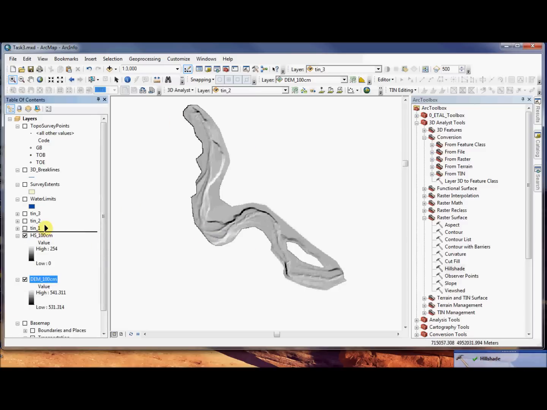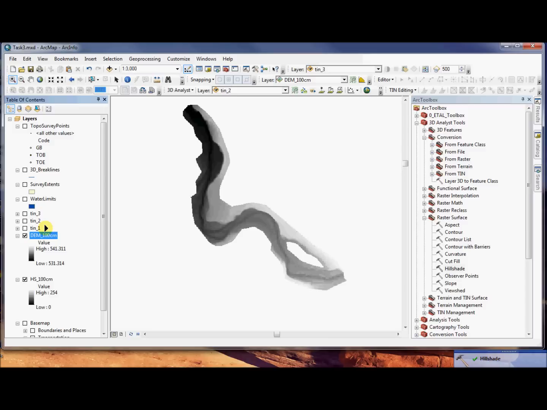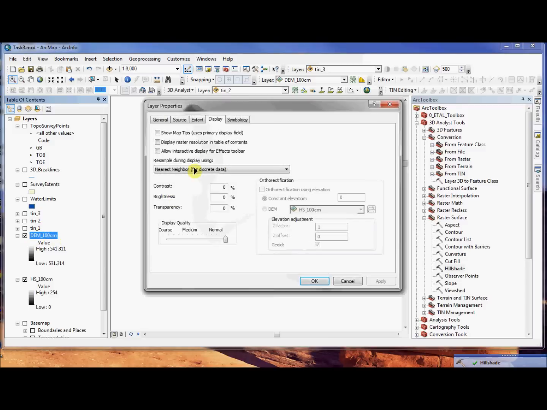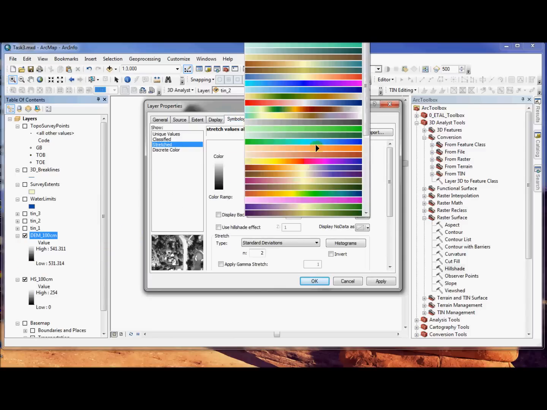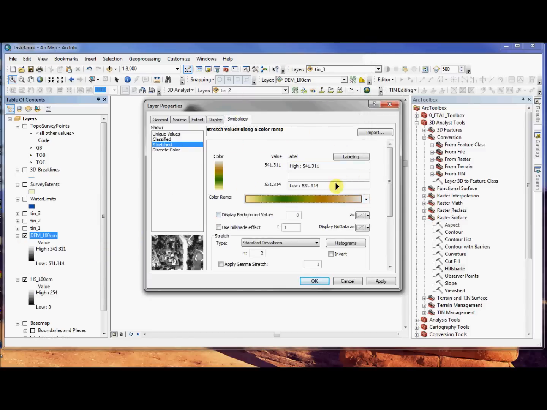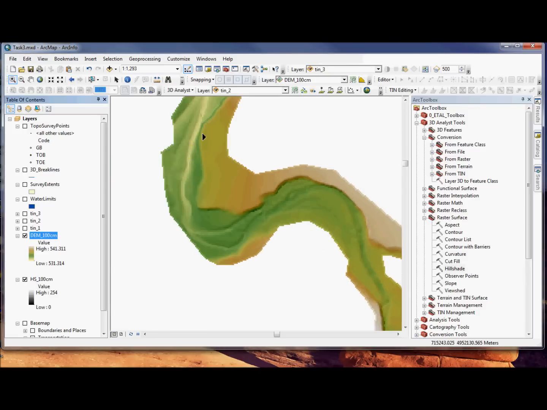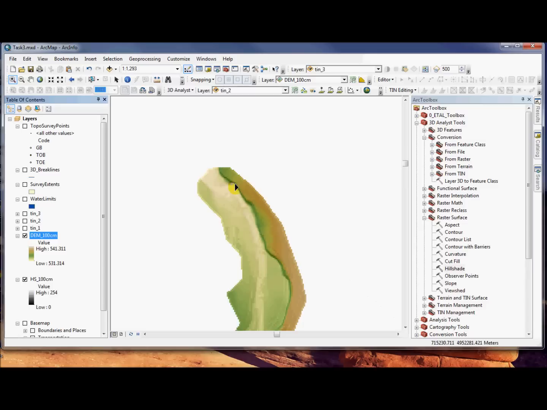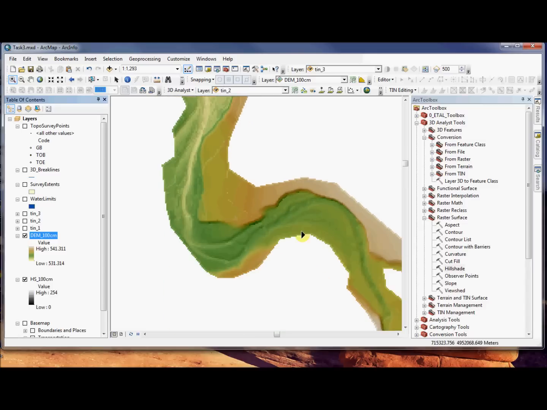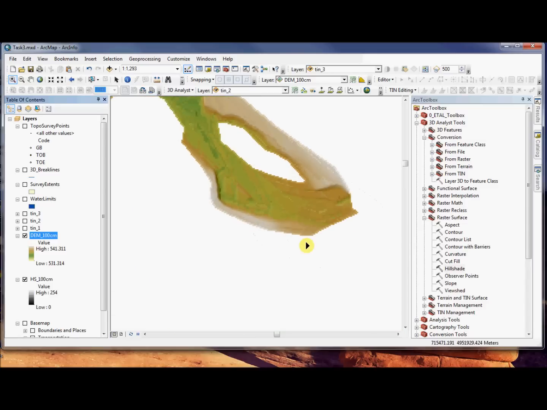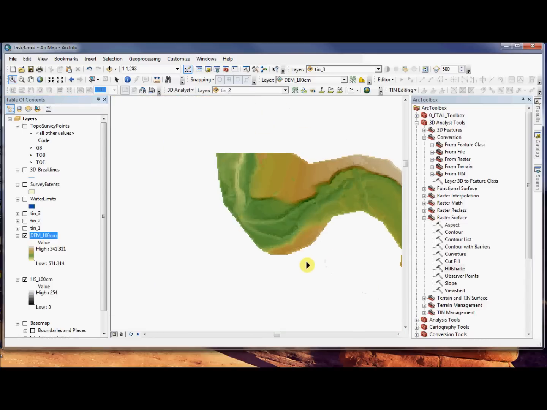And just like we saw in task 1, let's change this so that the DEM is on top of the hillshade and it's transparent, and then let's change this to a color ramp that looks a little bit more like elevation. And then we see our representation of the reach, and this looks pretty reasonable. Okay, it's still a little pixelated, but that's going to be the exercise that you explore on your own in terms of